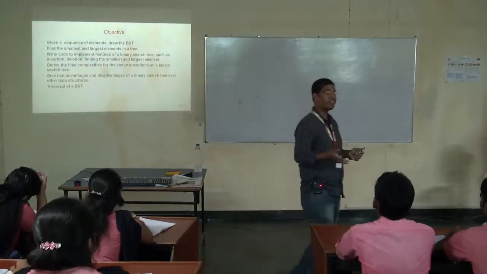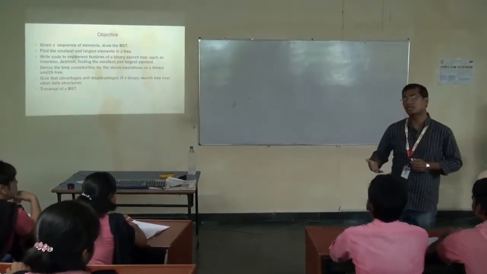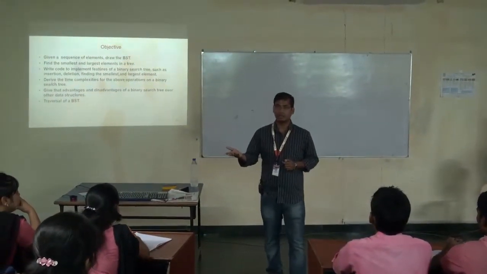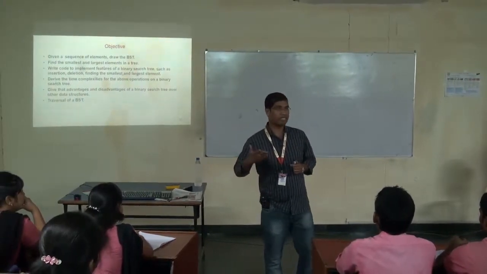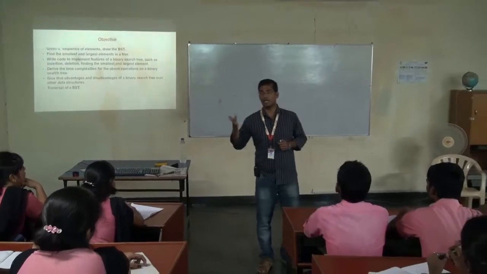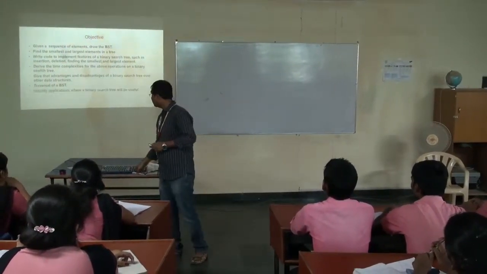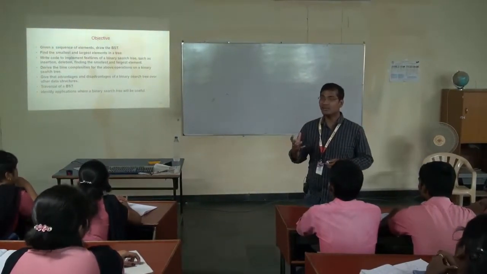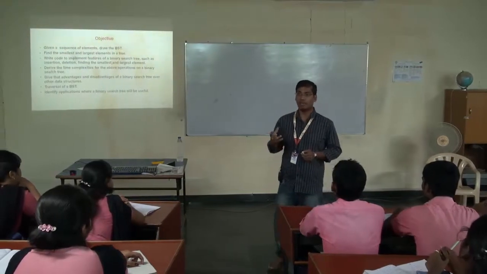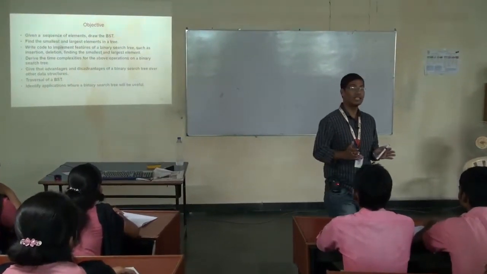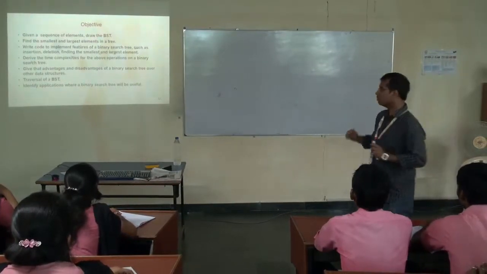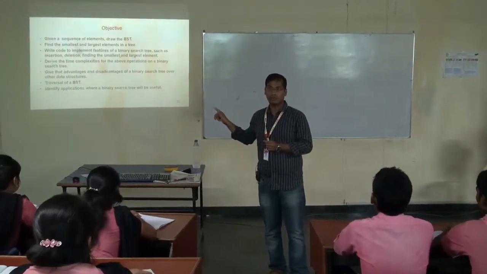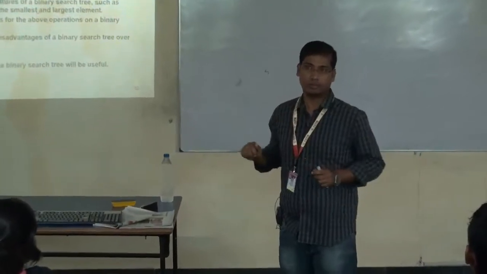Obviously, if a tree is given, you can apply different traversal algorithms over that tree. What are the methods? May I know? What are the different traversal algorithms? In-order, pre-order and post-order. Good. And finally, you can easily identify where BST will be useful in the real world. So what are the applications where binary search tree is useful? Okay, so this is the last objective. Finally we'll check each and every point, whether all the objectives we can achieve or not.